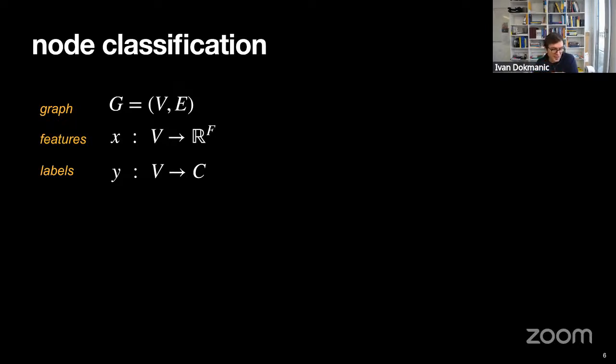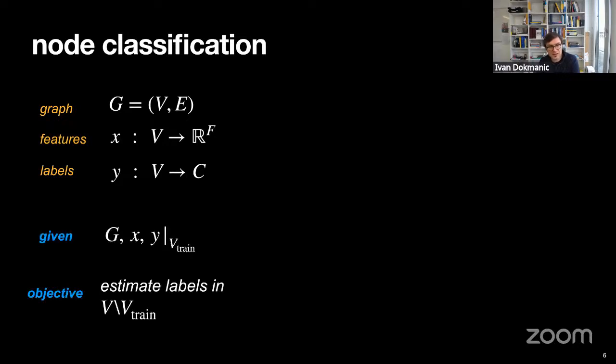Now transductive node classification, or this problem on the graph, is very different from the usual supervised, inductive classification, in that we're given all the possible data there is. We're given the entire graph, and we're given the entire feature function, but what we don't have complete knowledge of are the labels. We're only given labels for a subset of vertices in the graph, and the task of transductive node classification is to estimate labels in the remainder of the graph. This is sometimes also called semi-supervised, although that's only semi-accurate. The right way to refer to this is transductive learning.